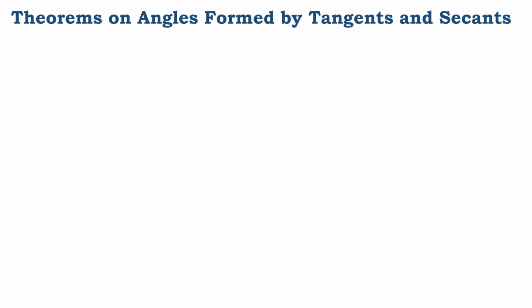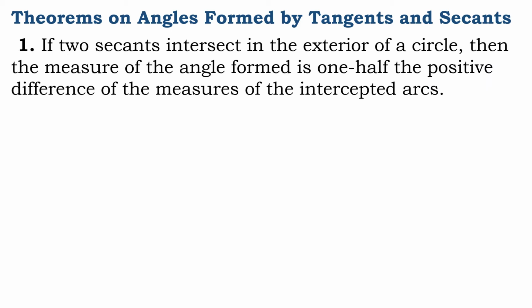Theorems on angles formed by tangents and secants. If two secants intersect in the exterior of a circle, then the measure of the angle formed is 1/2 the positive difference of the measures of the intercepted arcs. Given a circle,